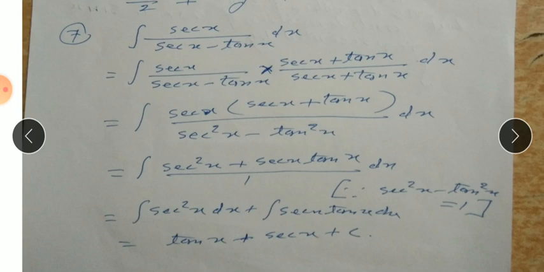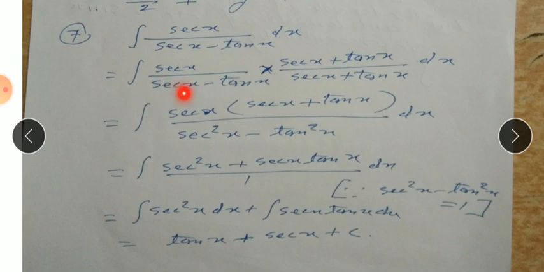When we see this question, integration of sec x upon sec x minus tan x, we know that no one formula is like this. In case of integration, the most important part is to change the question into integrable form. Whatever formulas you have seen earlier, you must learn all of them. And how can you change the given function into the form of a formula, that is, integrable form? It depends. Let us see this question.